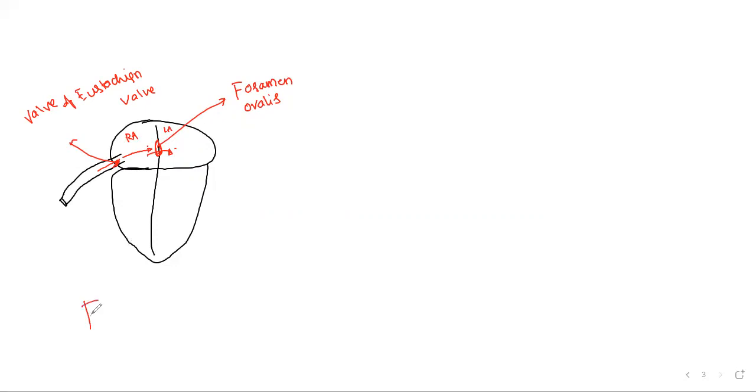I know it is confusing that I am introducing the valve of Eustachian. But remember, this is the fetal heart during embryonic stages. In the fetal heart, some mistakes are there that we have to correct. Right atrial blood and left atrial blood should not be mixed up. But above on the atrial septum, we have a small pore that we call the foramen ovale. That is one of the mistakes. Then we have one more: the opening of the post-caval vein, or inferior vena cava, is guarded by a valve. We call it the Eustachian valve, which directs the blood to the left atrium. That is also a big mistake.